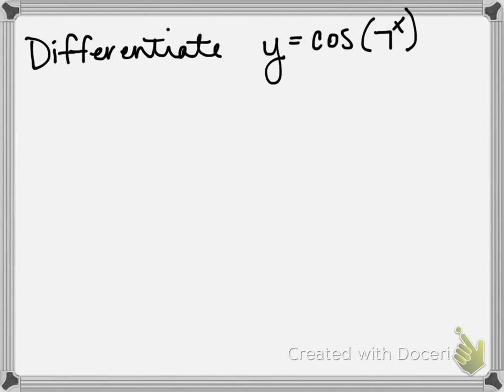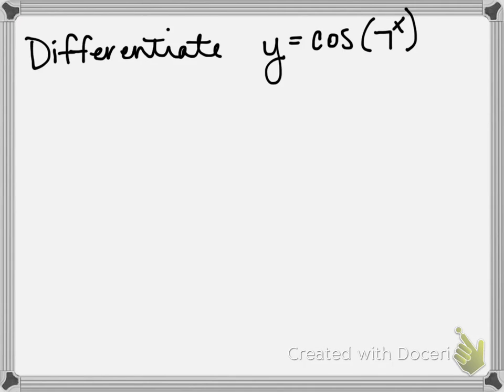These next two examples are going to be examples of using the chain rule with trigonometric functions. So let's differentiate y equals cosine of 7 to the x. If you look at this, the fundamental operation occurring is composition, because to figure out what this answer would be, we would first compute 7 to the x, and then our very last step would be to take 7 to the x and input it into